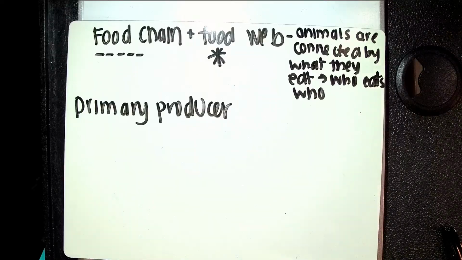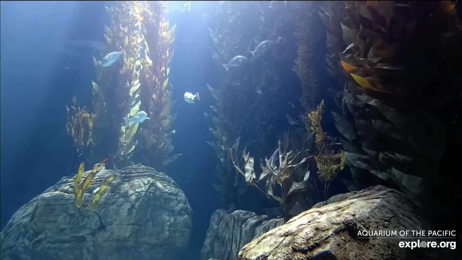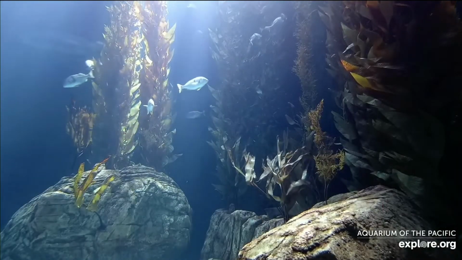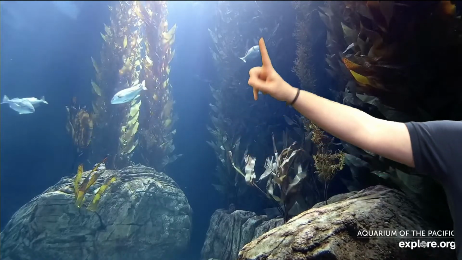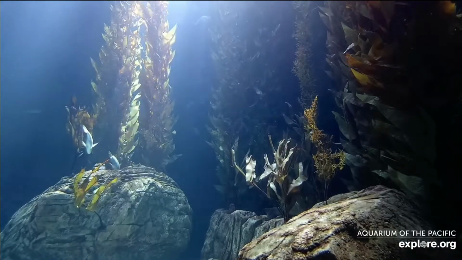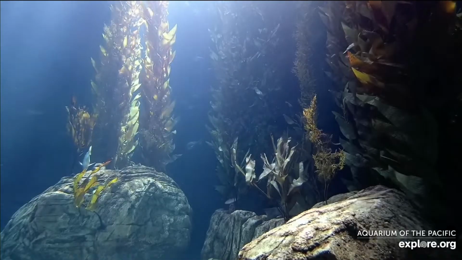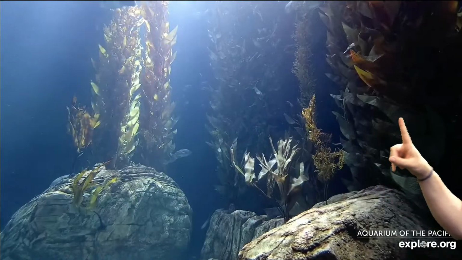So if we go back to our kelp forest for a moment, and we take a look. Do you notice any sunlight shining in? This is a recreation of a habitat. So this isn't a real one out in the open ocean. It's a real one here at the aquarium. But we do have sunlight shining in, right? You can see it from up top. And that sun actually feeds something. And the thing that it's feeding is what we call our primary producer. Now here in our habitat, it's going to be all this kelp, this plant-like stuff.